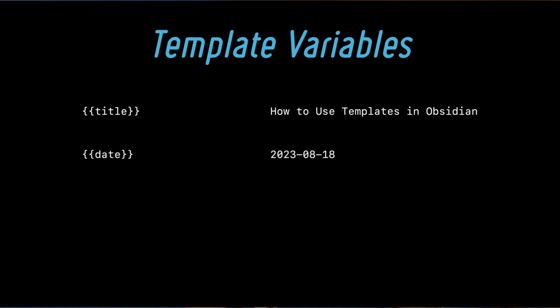But you can also use template variables in your template files, which replace the variable with the appropriate value when the template is triggered. There are a couple of built-in template variables in Obsidian, including title, which adds the title of the active note, date, which adds the current date, and time, which adds the current time. All of the template variables must be placed within double curly brackets in the template file, and both date and time can be customized further by adding a colon after the variable name and using a format string like